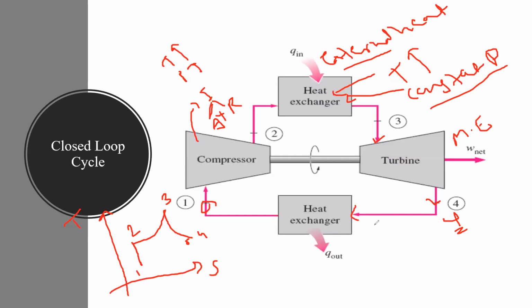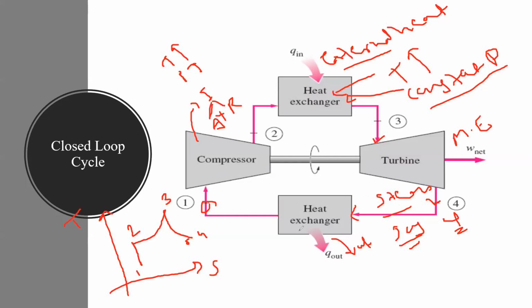Whatever the state of this gas or steam of this exhaust gas, the heat exchanger tries to maintain the original state of the steam. So it extracts some heat and injects it into the atmosphere, and maintains the steam as per its original position. Then again from this heat exchanger it is injected into this compressor.